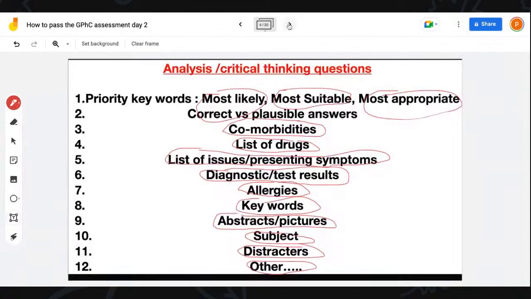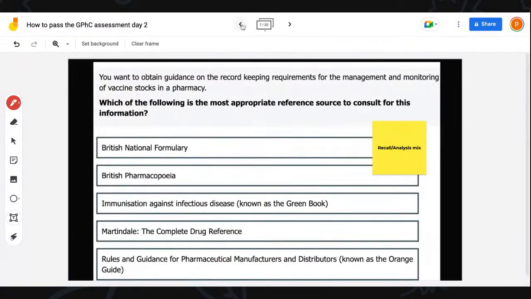All right, so let's look at a critical thinking question. I'm going to give you guys a formula. So this question, can you guys try this question? This is an example of some questions that will be a mixture of recall and analysis, right? So you might have some questions that are not fully recall questions and not fully analysis questions, sort of in between. And these questions are also a bit easier to answer.